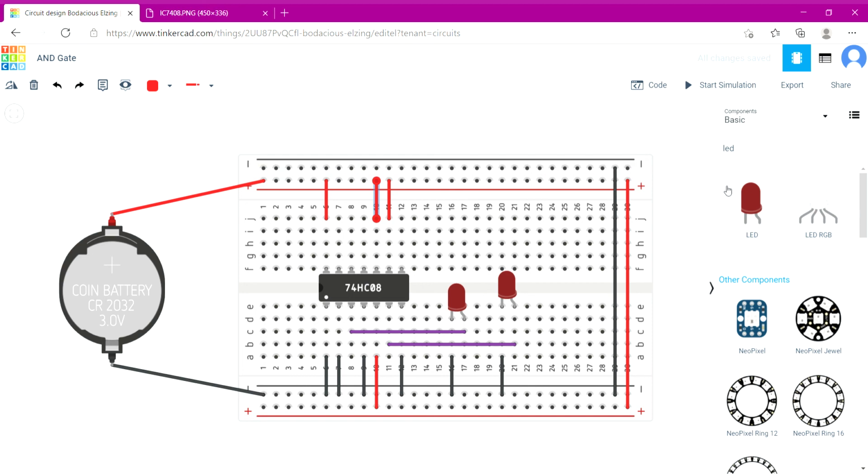LED, cathode to negative, and output from pin 8 to anode. Let's start the simulation and check. You can see the LED is now glowing, which means the output from pin 8 is 1.